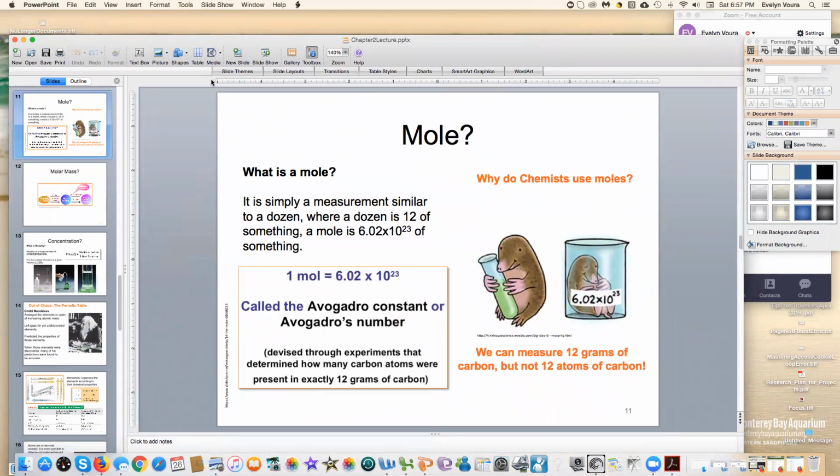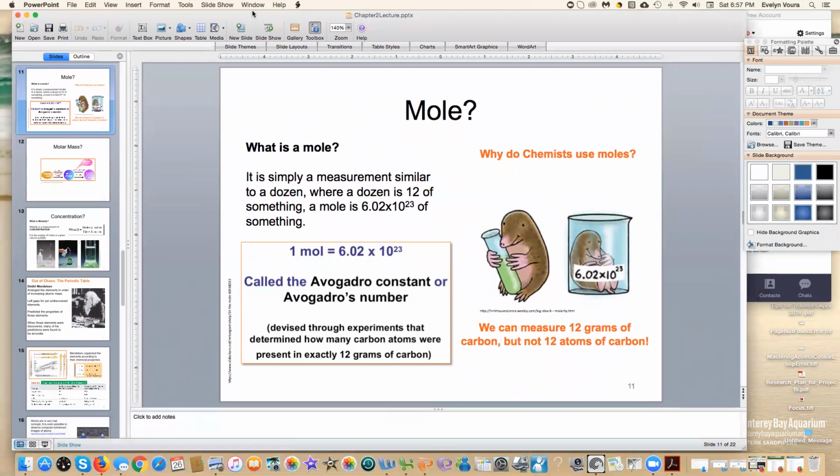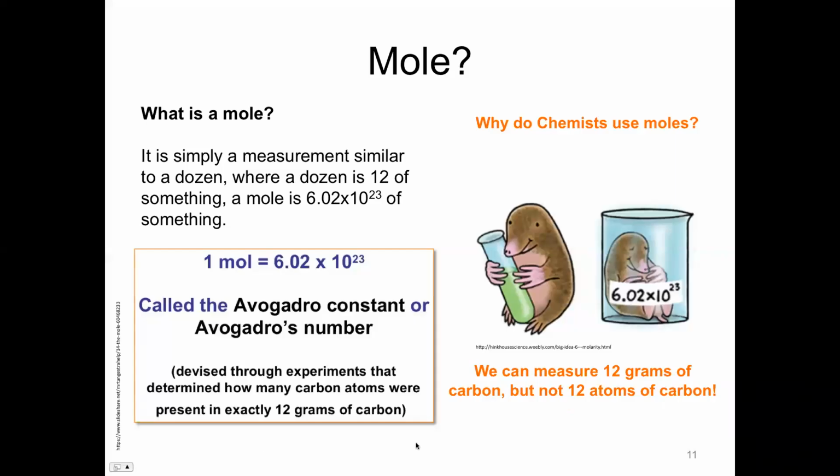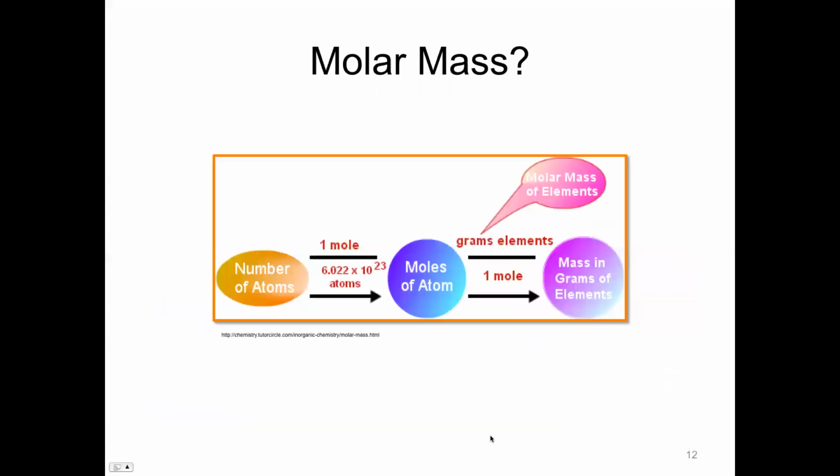So let me go back to the presentation here. So go big here and hang on to that periodic table. Put it in your book or whatever. So molar mass, what is it? Well, the number of atoms in one mole is a mole of the atom, and its mass in grams is the same as its elemental mass, okay?